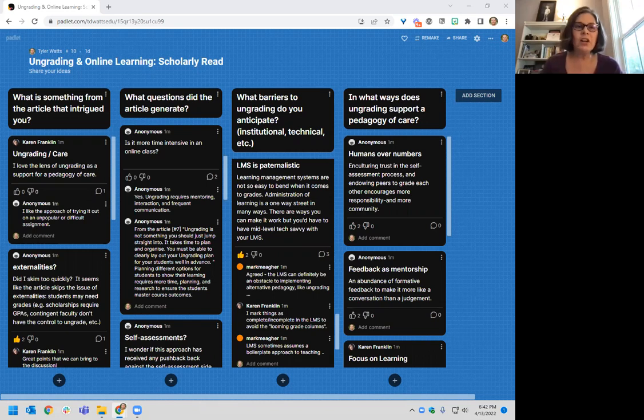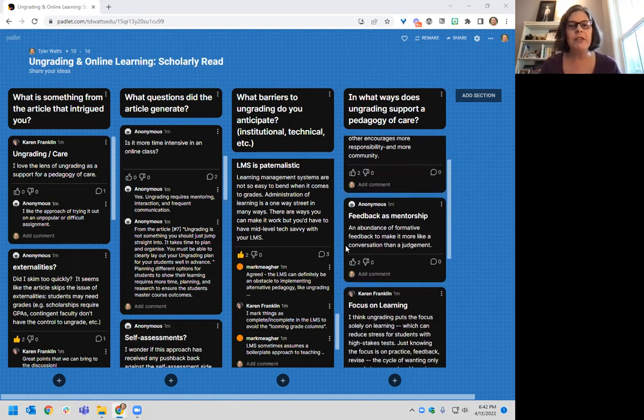Yeah, and there are some universities out there that are gradeless, and it's just fascinating to me that an entire university is gradeless. It's like my dream. So maybe one day I can work at one of those universities. I think the ungrading is more of throughout the semester, and then of course the final grade is turned in because it is a requirement of the university.